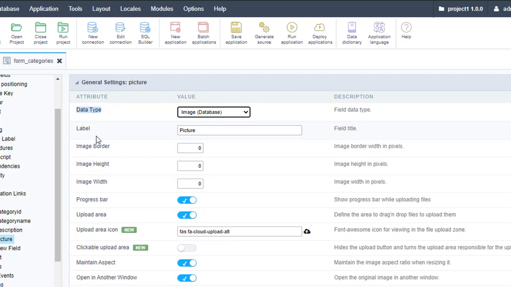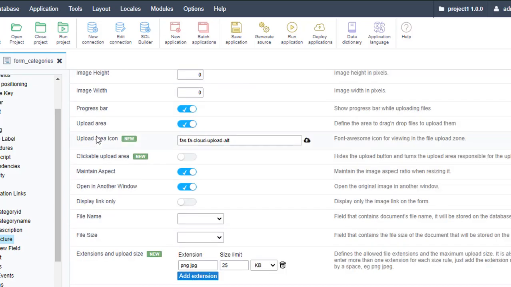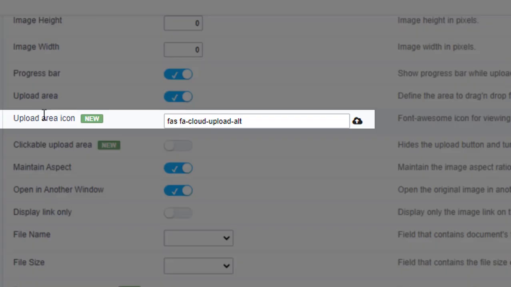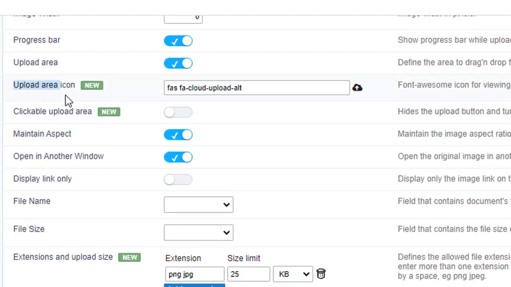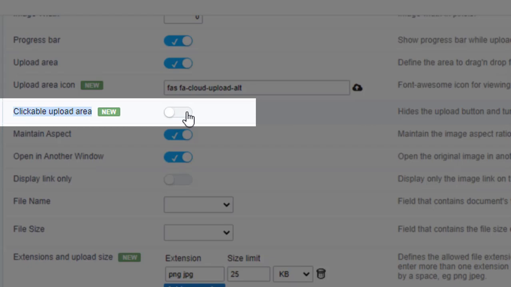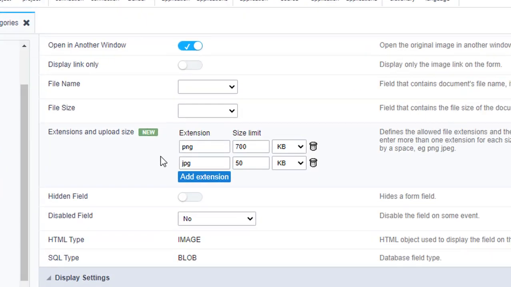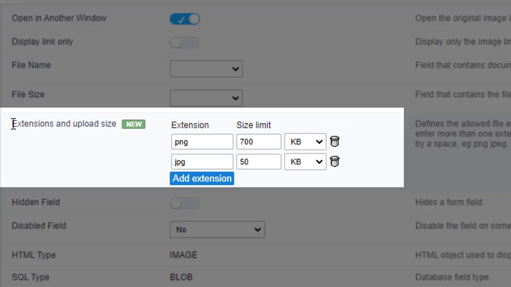In addition to this option, we have two new options. The first one is to set up a new icon for the upload area. And this is pretty interesting because we can use icons from the Font Awesome library. And the second one is to make the upload area clickable. And finally, we can set up here the extension and upload size for each